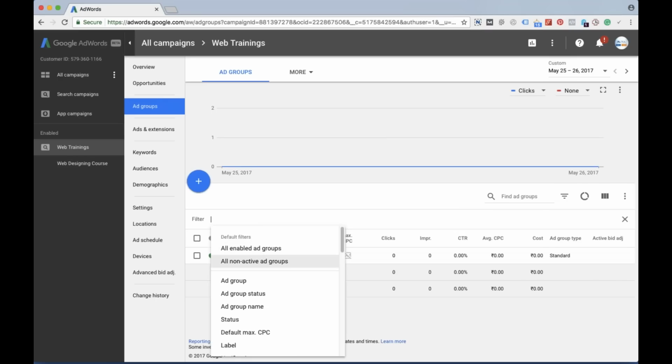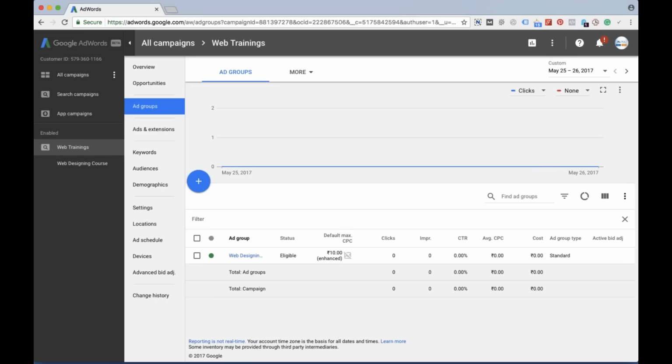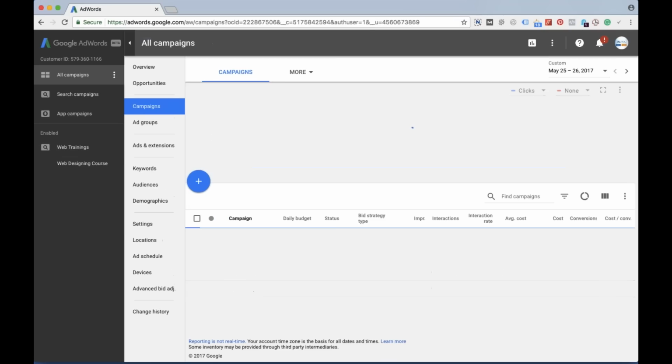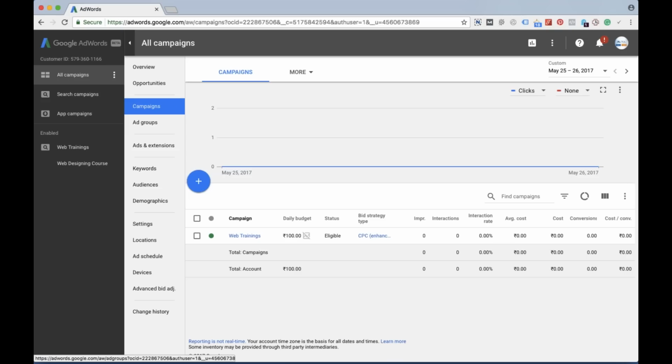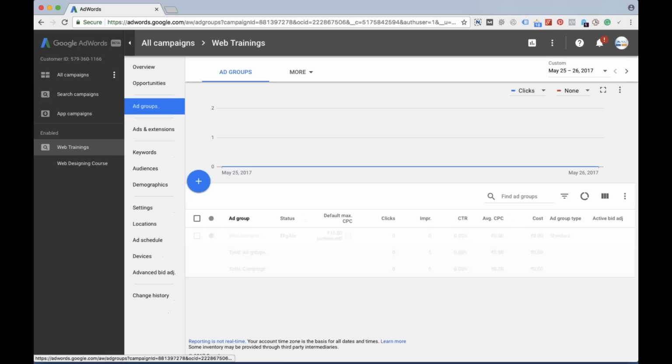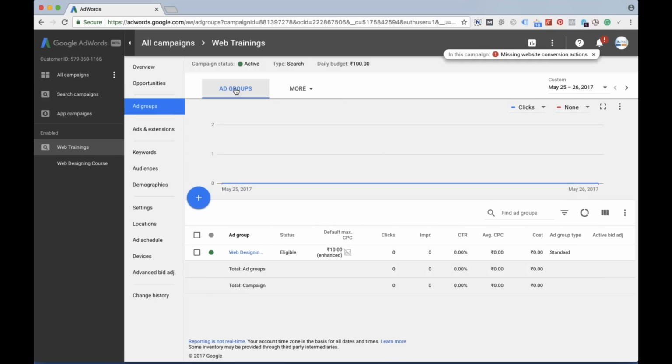Mainly, I would say that they have changed the places, the interface areas and all. And also, if you remember, we had settings, we had scheduling and all that stuff available. So pretty much the same actually. If you go ahead, it is almost similar, but they have structurally just changed the concept. That's it. Almost everything is as usual. So if I click on campaigns, you see I've got a campaign. Now when I click on a campaign, I'm getting an ad group as usual.